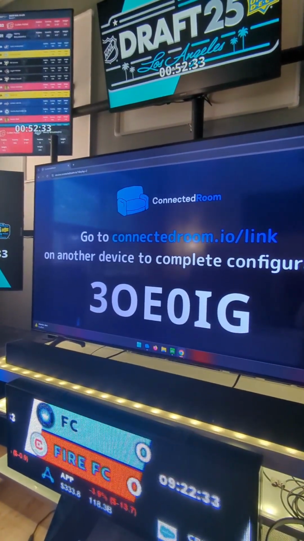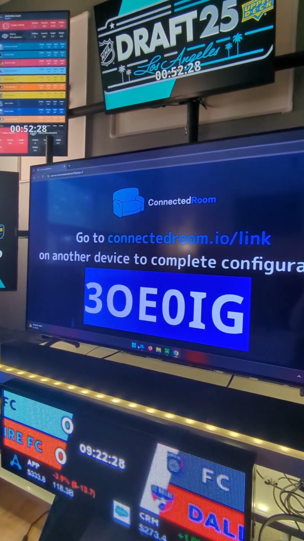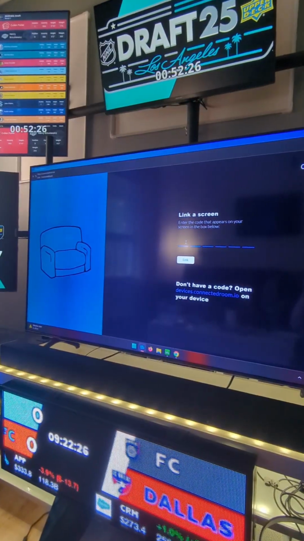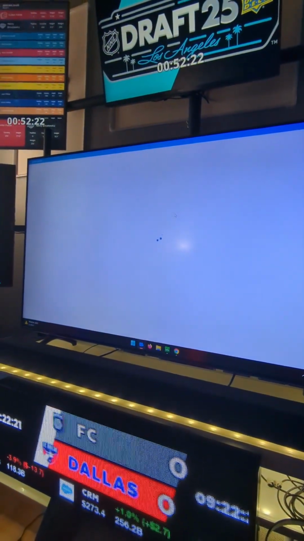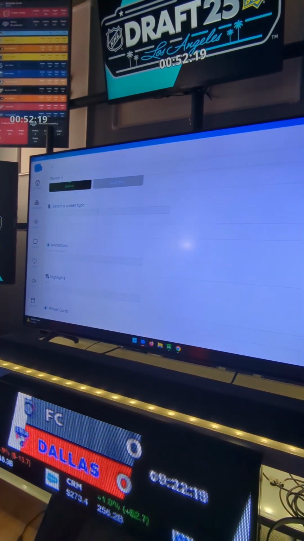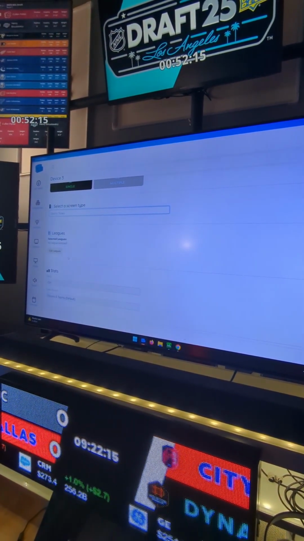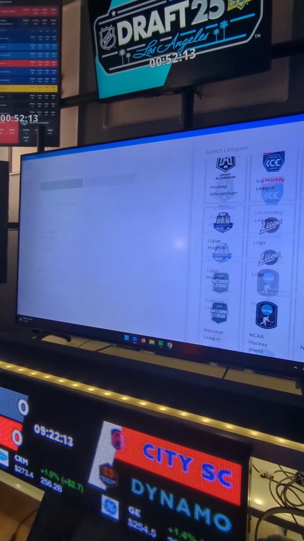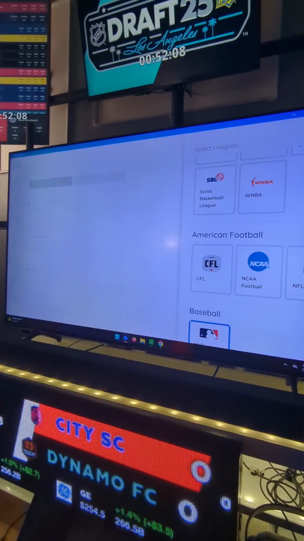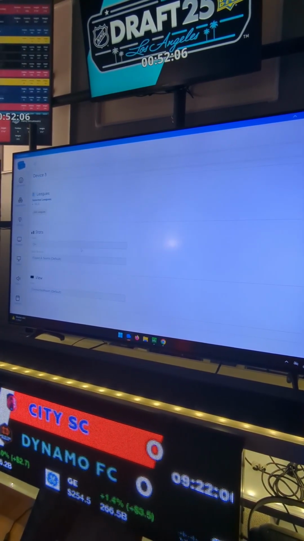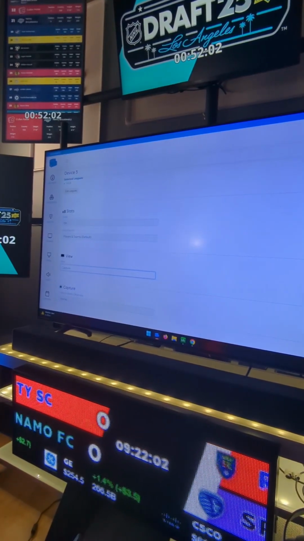So then when you're on the PC, you open a Chrome browser, you copy this code, and you link it to your Connected Room account. And all you need to do is to select a SportsTicker. You select the league you want, so let's put the MLB for now. That's basically the only thing left. You put MLB, but in the view, you select capture. And when you click save,